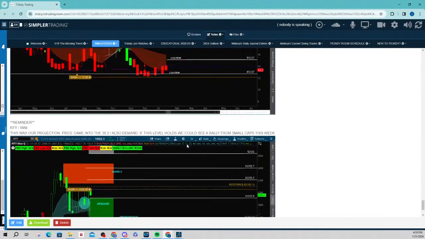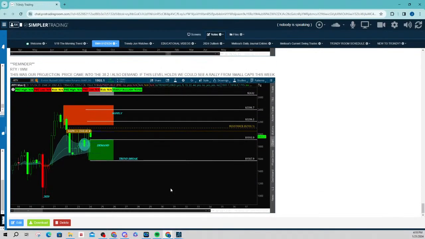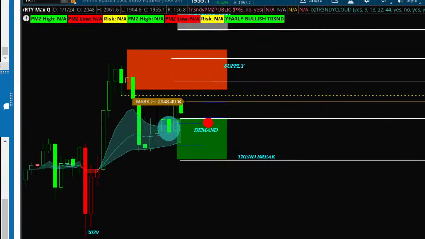And then as we come down here, I wanted to remind you of my 2024 projection. Yes, the RTY hit one of our targets, or the IWM. For you guys that don't understand futures, RTY/IWM. The RTY for our 2024 projection that we did during our happy hour came right back down into our demand zone, and we got a nice pop there. So I need you to be paying attention to the bigger picture.